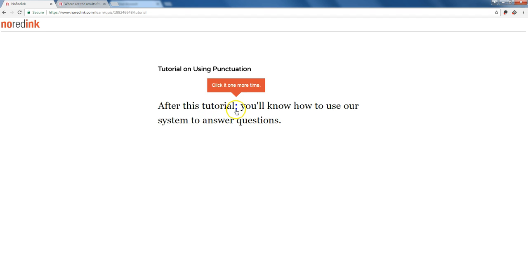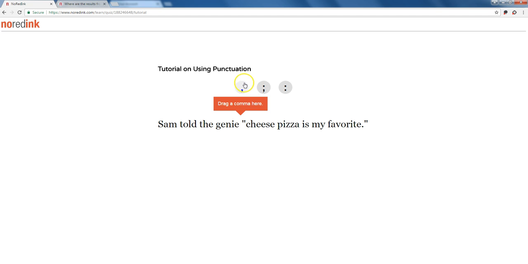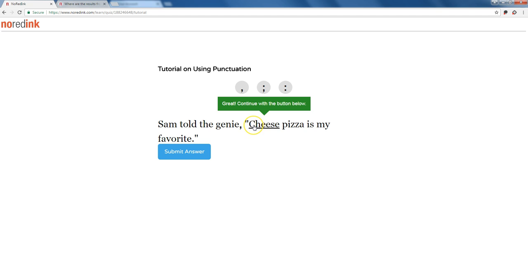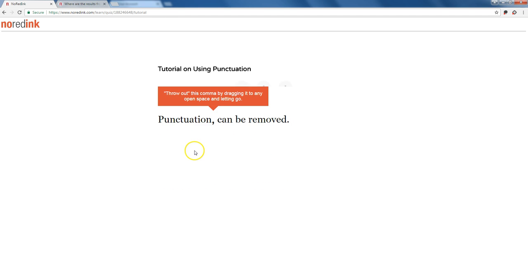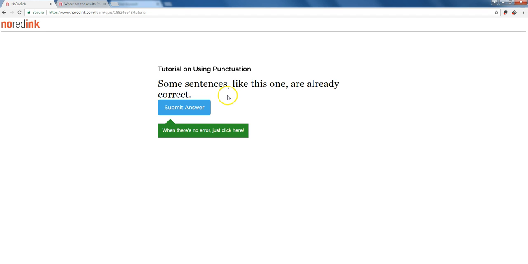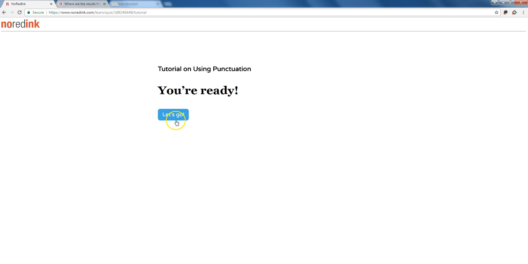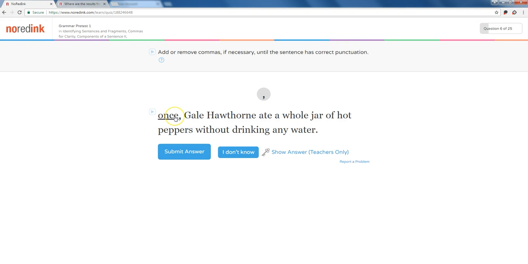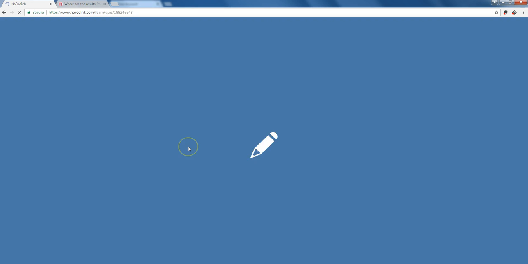So they want you to click the semicolon to change it to a different punctuation, and then they can submit answers. Sometimes they need to drag a comma, or sometimes they need to click a word to change the capitalization of that word. Sometimes they need to throw away a piece of punctuation in order to create a correct answer. Sometimes the correct answer is already there and they can just leave it alone. So then they go through clicking different words that highlight so they can capitalize, basically just making the sentence correct. So we'll go through that,